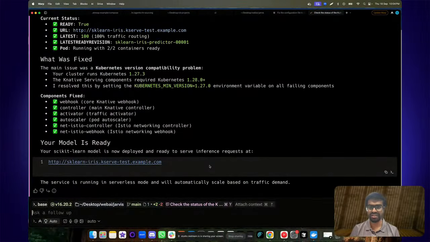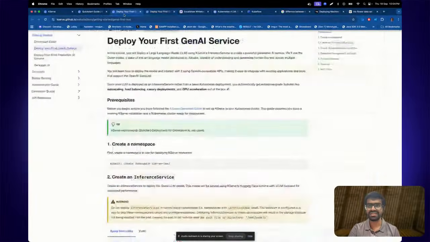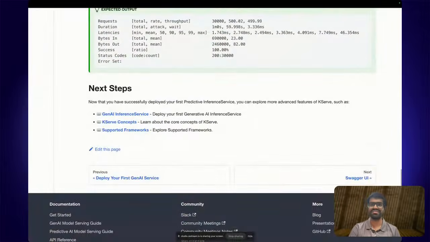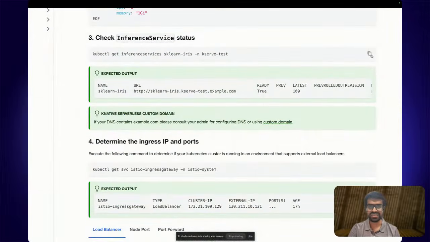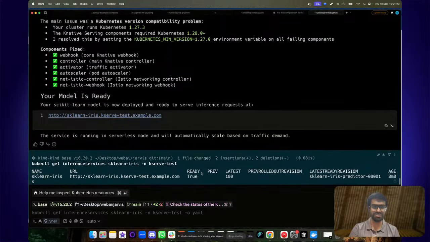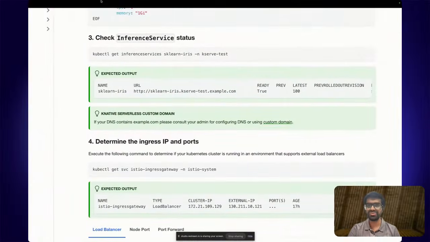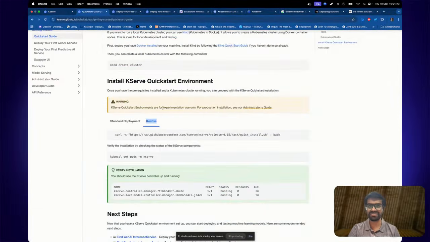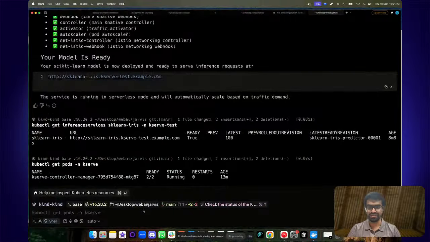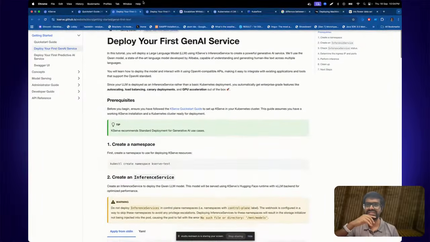So hopefully, okay, so it says that everything is supposed to be fixed. We can go back and just cross check that. So we'll go back to just a regular inference service, and we can just check the status. Okay, so now we can see that it's true, and we have the latest ready version. And I just want to cross check once. Do I see the other aspect? Because it could have been because I was using an incompatible version. Hopefully we should see both the controller manager and the local model. Okay, we will still see that only, but let's see. That's something that I have to probably figure out, why we are not seeing that.